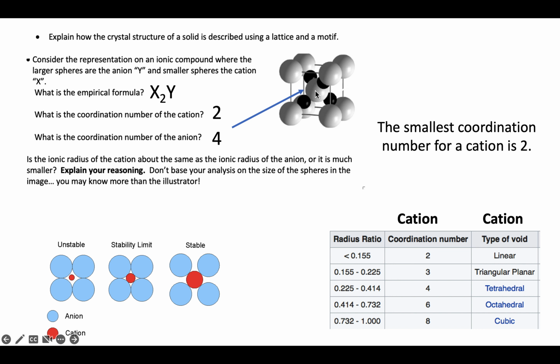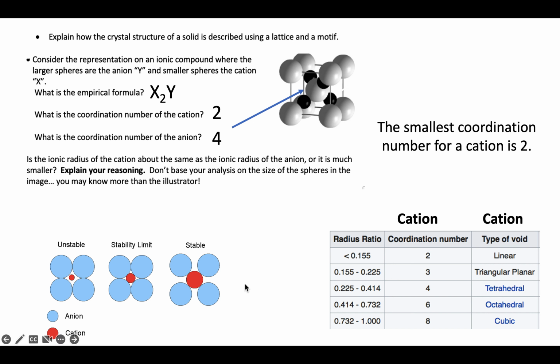The smallest possible coordination number as we think about a 3-dimensional structure is 2. Okay? As we have our 3-dimensional space, it's going to have at the very minimum anion neighbors on each side. So the very smallest coordination number we'd have would be 2. What dictates the coordination number? That was determined by the relative size of the cation to the anion.